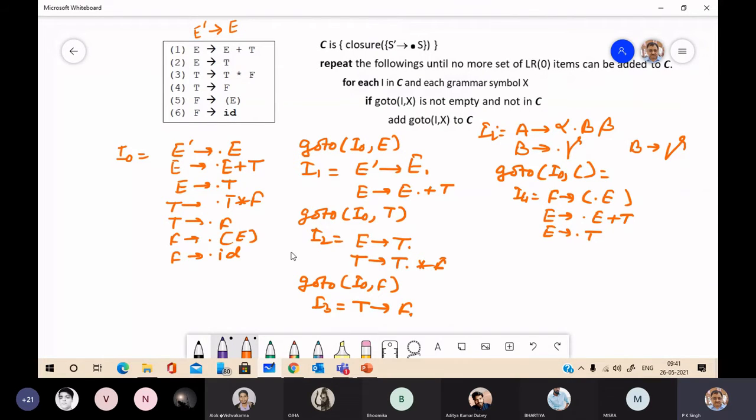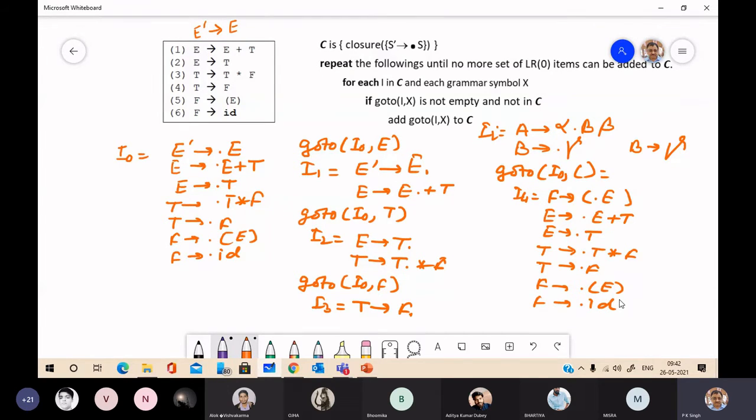Similarly, due to this T, you can add 3 and 4: T to dot T asterisk F and T to dot F. Due to this F, you can add 5 and 6: F to dot open bracket E close bracket and F to dot ID. This is your item set I4.